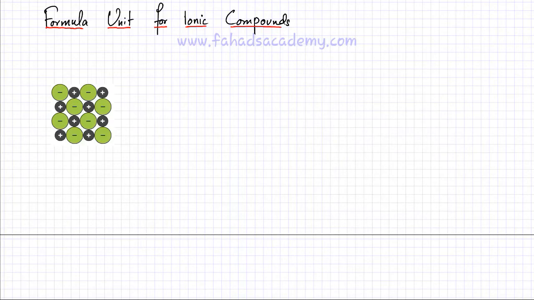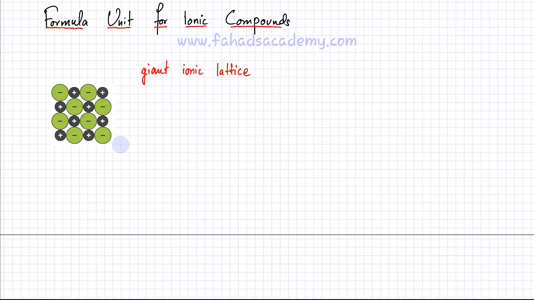We will now start to discuss the meaning of subscript when it comes to formula units for ionic compounds. And remember that ionic compounds have a giant ionic lattice. What that means is that ionic compounds, unlike simple molecules that we discussed earlier, have these giant ionic lattices in which you have thousands and millions and billions of positive and negative ions all